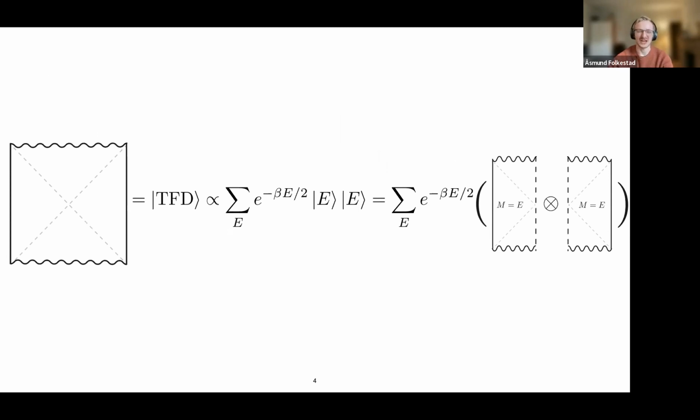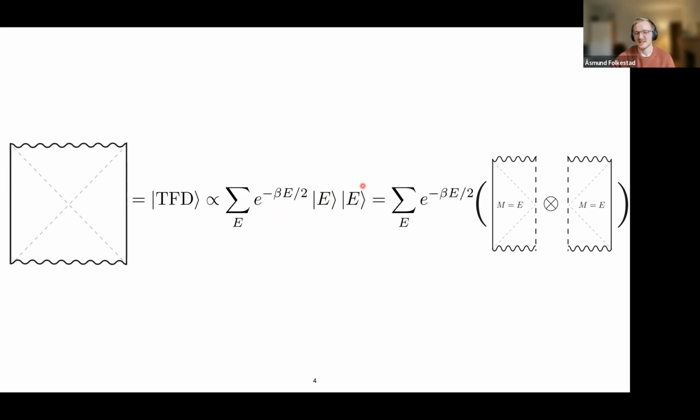And of course, the canonical example of entanglement building spacetime, or ER equals EPR, is the AdS-Schwarzschild black hole and its relation to the thermofield double. So on the left, I drew the AdS-Schwarzschild black hole, and we know very well that this is dual to the thermofield double state, which is given by this sum, where |E> are the energy eigenstates of one of the CFTs. And here you take a tensor product of the two CFTs that live on each side of this Penrose diagram, and you take some sum.